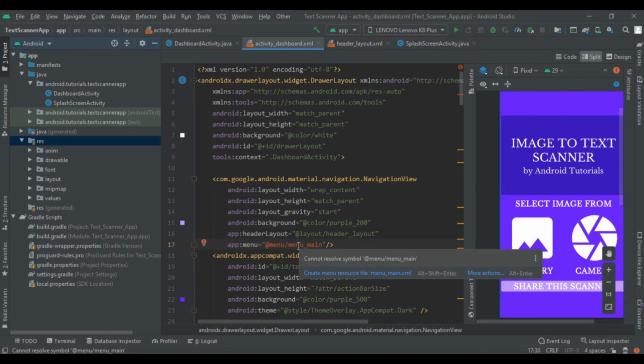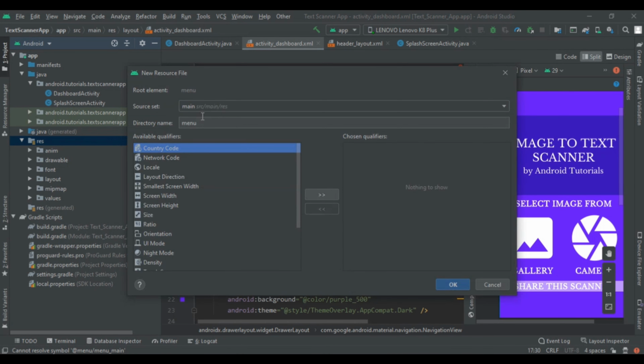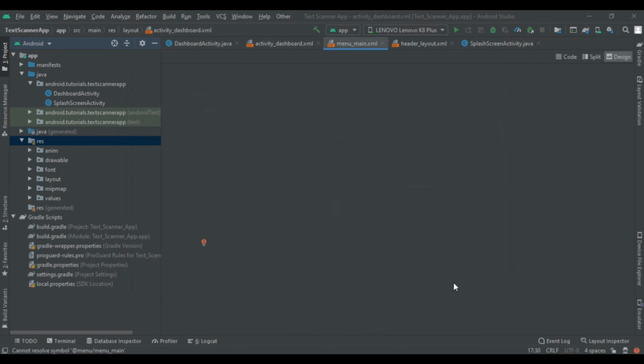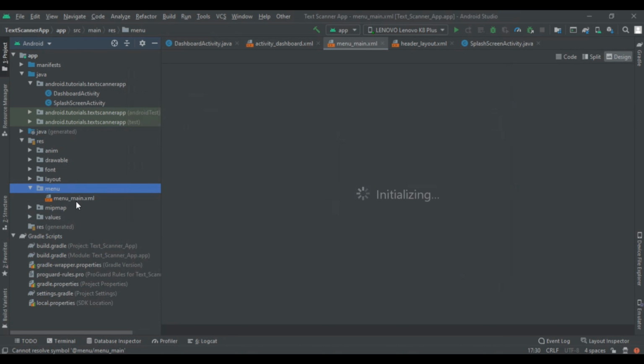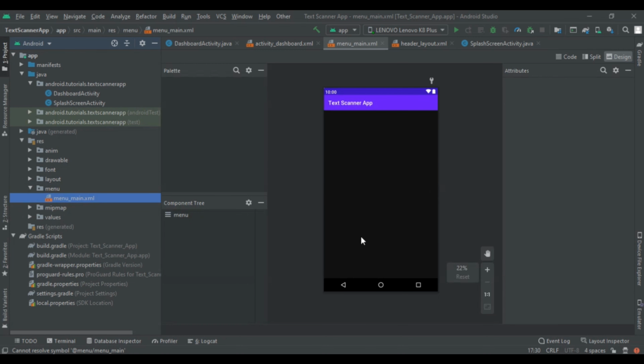Here it is. You can see that automatically the directory name came and our root element also. So click on OK. You will find that directory here, and under that we will find our menu_main, which is initializing now. So we got our menu layout.